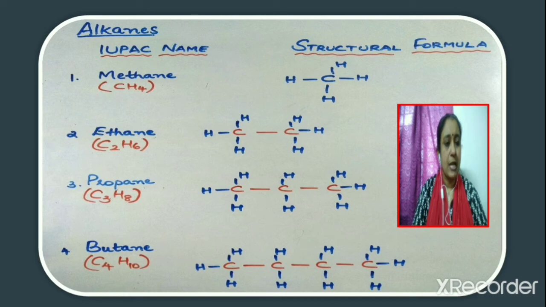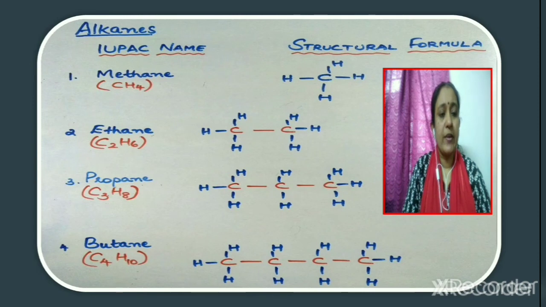Now consider the second carbon. 2 valencies are satisfied. So 2 more hydrogen atoms should be added. Now consider the third carbon. 2 valencies are satisfied. So here in this case also, to the third carbon atom, we need to show 2 more hydrogen atoms. Now consider the fourth carbon. Only 1 valency is satisfied. So with that end carbon atom, we need to show 3 more hydrogen atoms. Thus we get the structural formula as CH3-CH2-CH2-CH3.